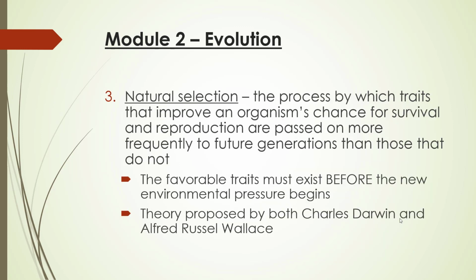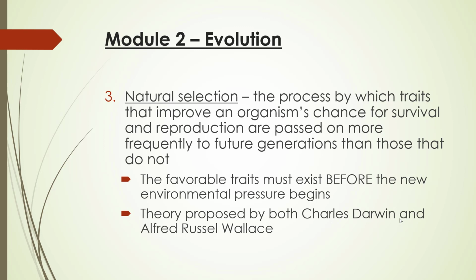And then you have natural selection. This is the most common form of evolution. It's the process by which traits that improve an organism's chance for survival and reproduction are passed on more frequently to future generations than those that do not. So in other words, organisms that happen to have a beneficial mutation, which is the first one, end up being more likely to survive and able to reproduce. So then it just so happens that the successive generations, the babies and the grandbabies that come after that, are all coming from that very successful